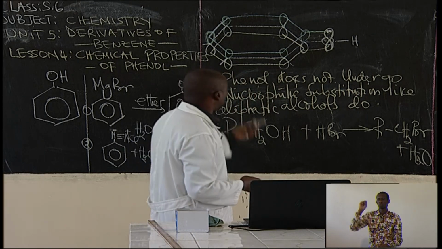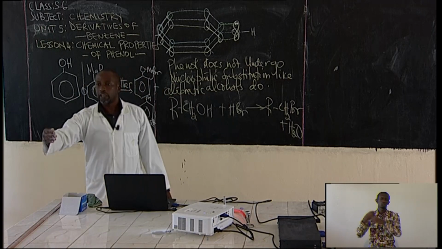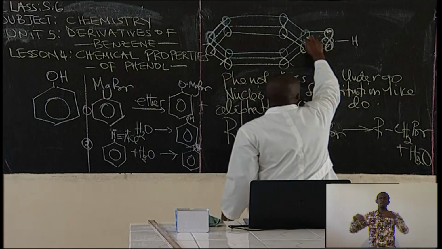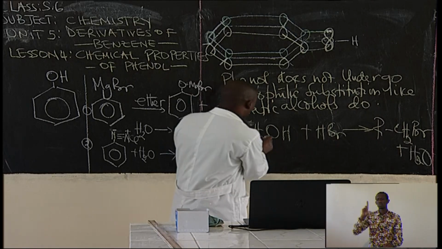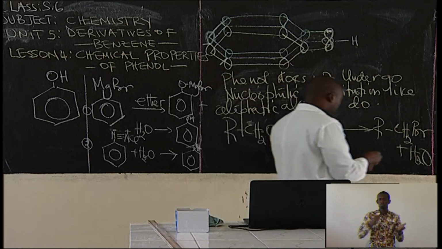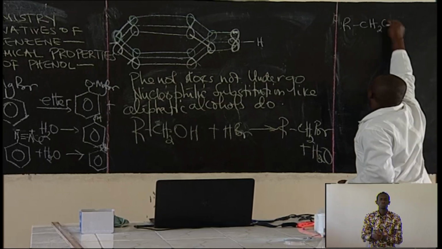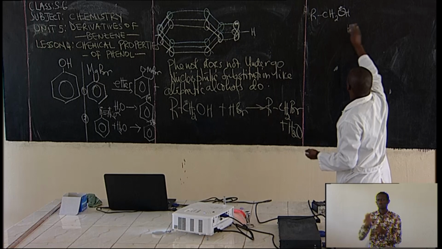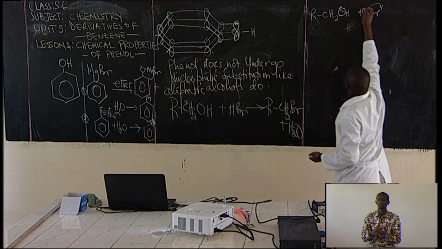Now, this also explains the reactivity, why alcohols are more reactive compared to the phenol. Because we have said the positive charge here, which is formed on the carbon atom, has to be removed. I can just show you the simple mechanism of what happens. We said OH with the lone pairs, the hydrogen, this hydrogen here